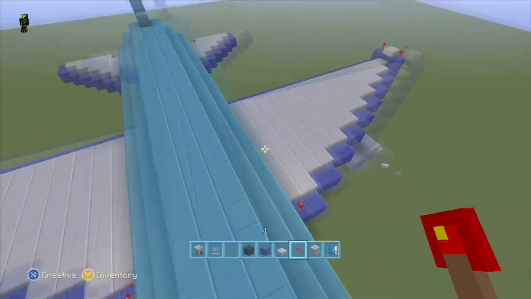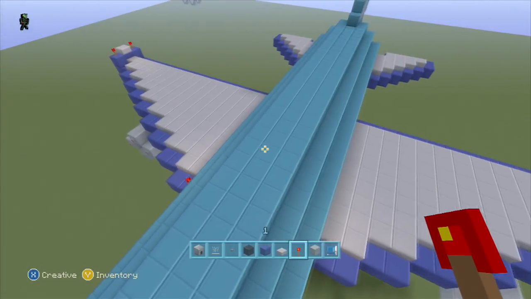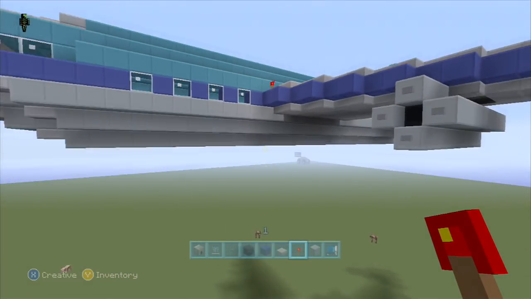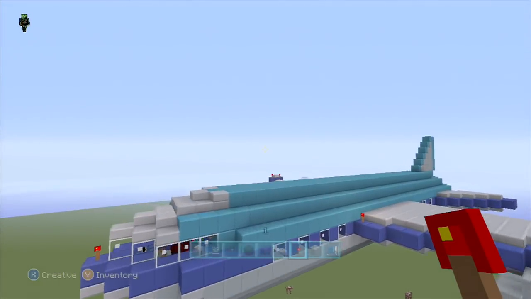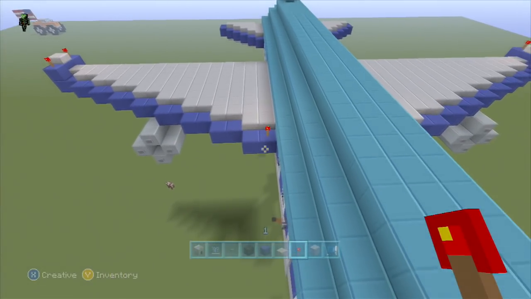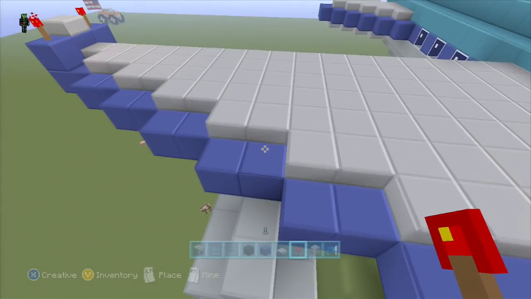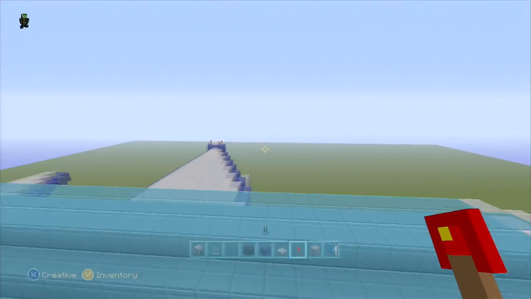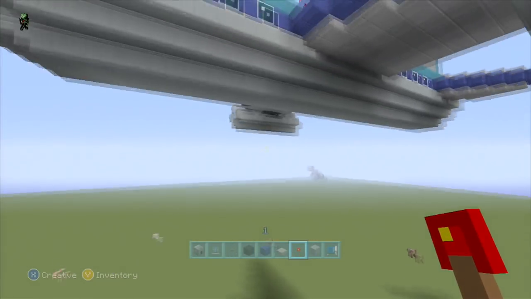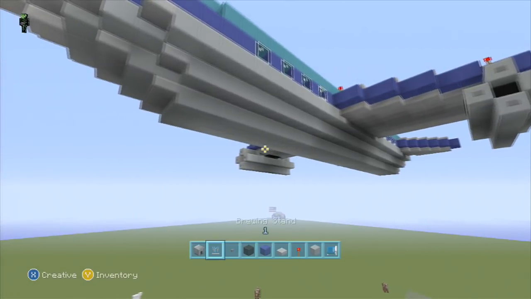Alright, and we're back. We found a little mix-up. We had a mess up there, so we had to correct that. But we're back. And yep, just point those redstone torches. Let's see, I put one there, yep, and one right above the engine. That's where the other one I put was. Those are just to represent the red lights on the planes you see in the sky.